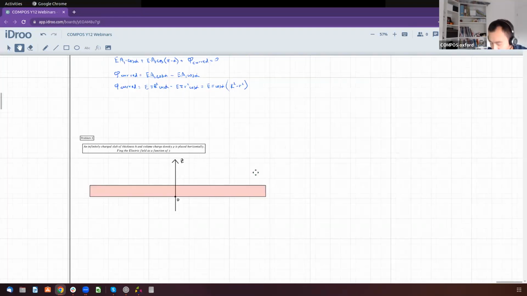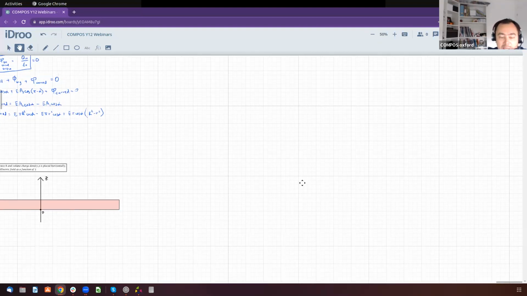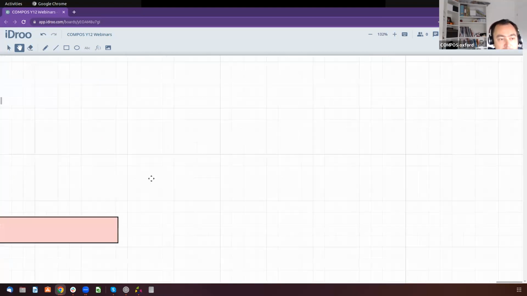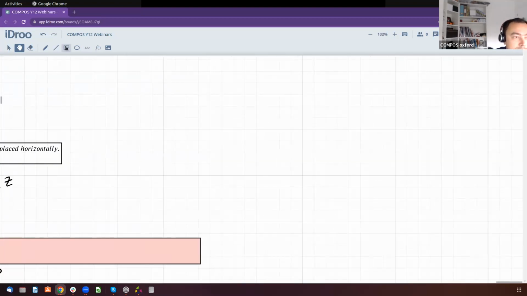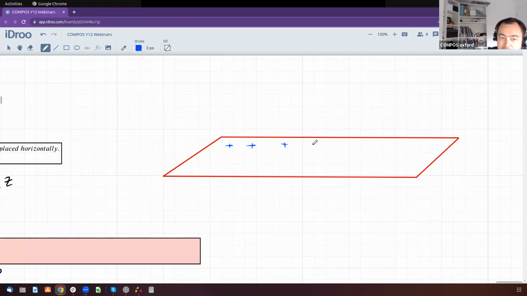Now, if you read the assignment carefully, you would know that if you have an infinite flat charged plane, so if you have a flat plane like this, and it's charged, and it's infinitely large, then the electric field is going to be Q, oh, sorry, sigma,